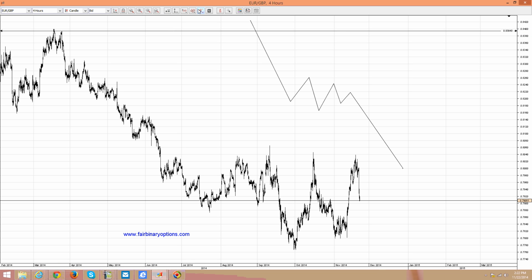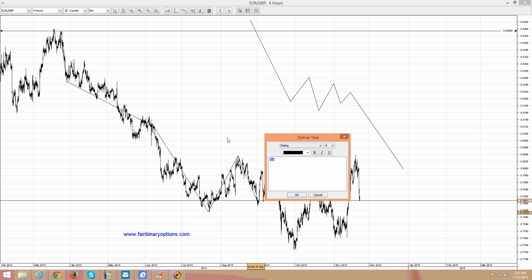Our impulsive move starts from this moment in time to the downside. It goes with the five-wave structure in the following manner. This is the first wave, then the first correction, the X wave, this will be the second wave, the third wave all the way down here, the fourth and the fifth. So this would be an impulsive move with a fifth wave failure. This should be labeled as wave A of a,